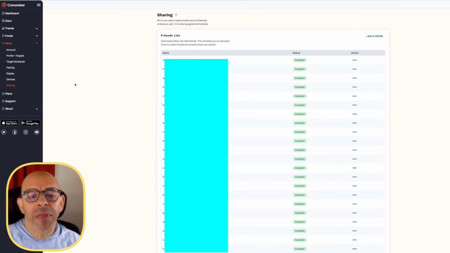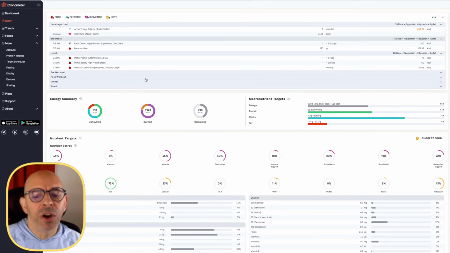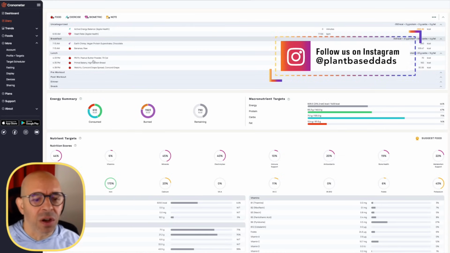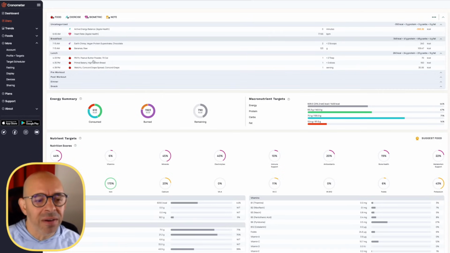And here's what's good about that. Because if you and I are friends, then when you go to your diary and add food and add something you made that's one of my recipes, you don't have to put all this stuff in. I had some bread, I had some peanut butter. You can just go to my meals and go Joey Troxel bolognese sauce, and up will come that, and go add to diary, and it will pop in everything from there,